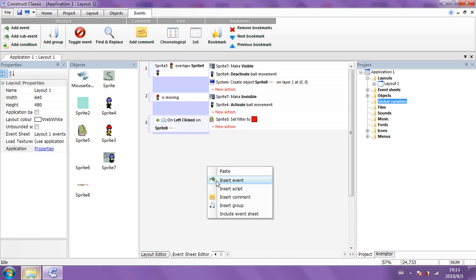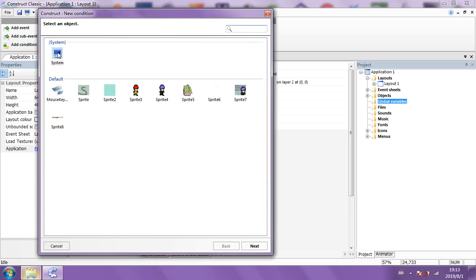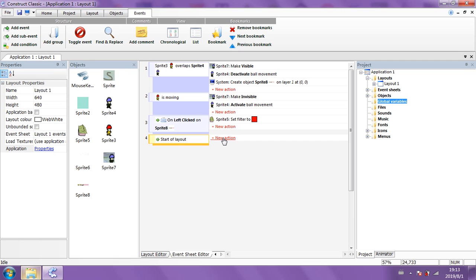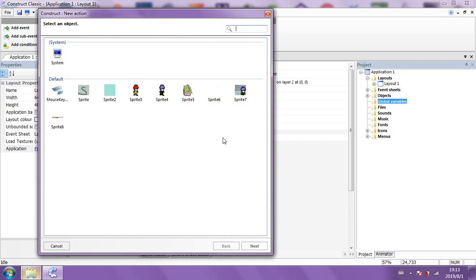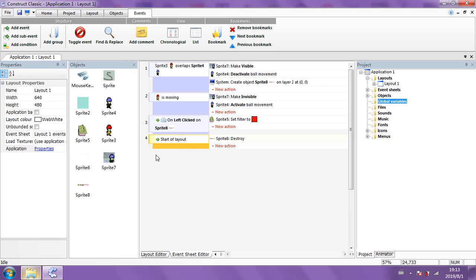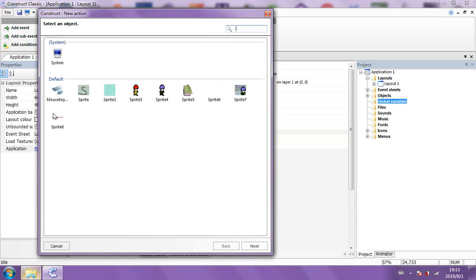Like, for example, the instance in the beginning, right? We should have had that at the beginning that you see there. Where is it? At the start of the layout. This gets destroyed. It can't exist straight away. It shouldn't exist. The problem we've got here is this sprite. We've got to have the visibility on as well.